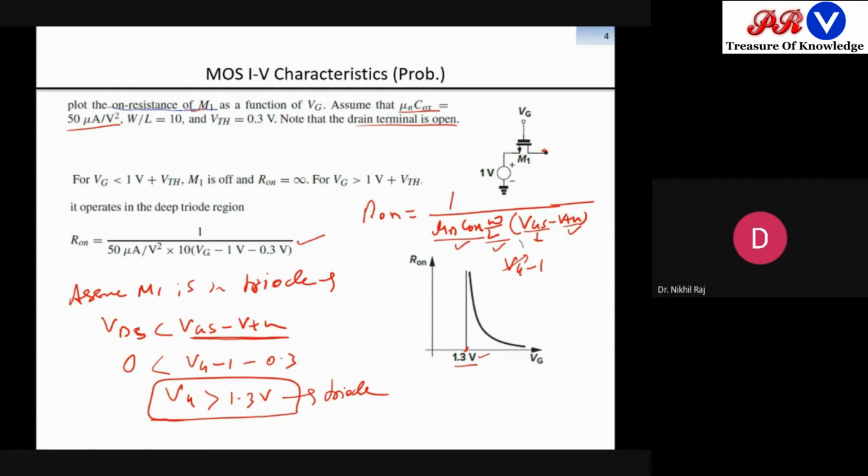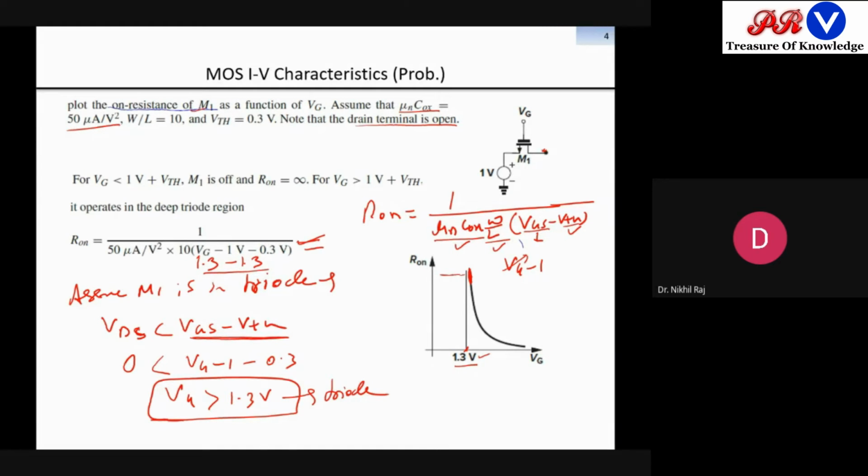Now when the Vg is 0, we will have a certain value of Ron. So put the Vg 0. But Vg 0 is not possible, so you can put Vg 1.3 volt here. So when Vg is 1.3 volt, what is the Ron resistance? At 1.3, what is the Ron resistance? This is 1.3, this is minus 1.3, we get Ron almost equal to infinite. So we'll start with some value, because we do not know the actual value of drain. We'll say it starts from infinite, some value is there, and this is my starting point.